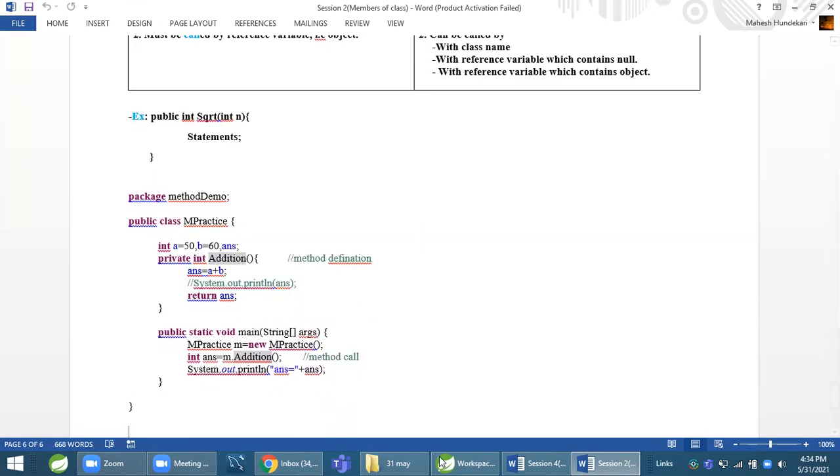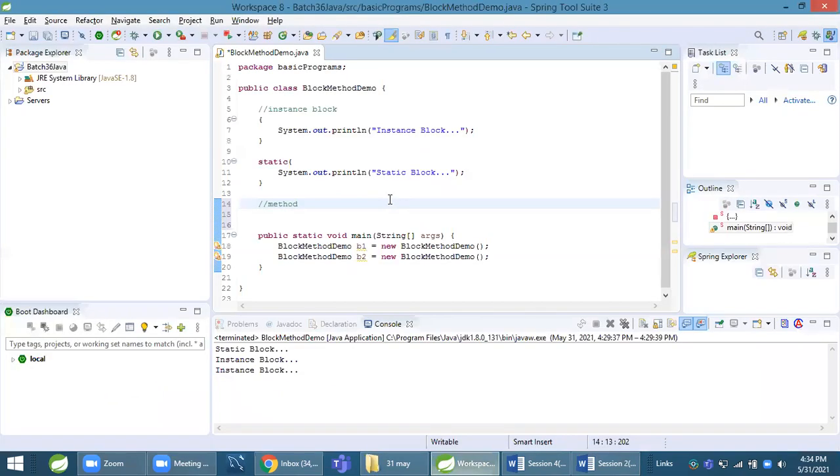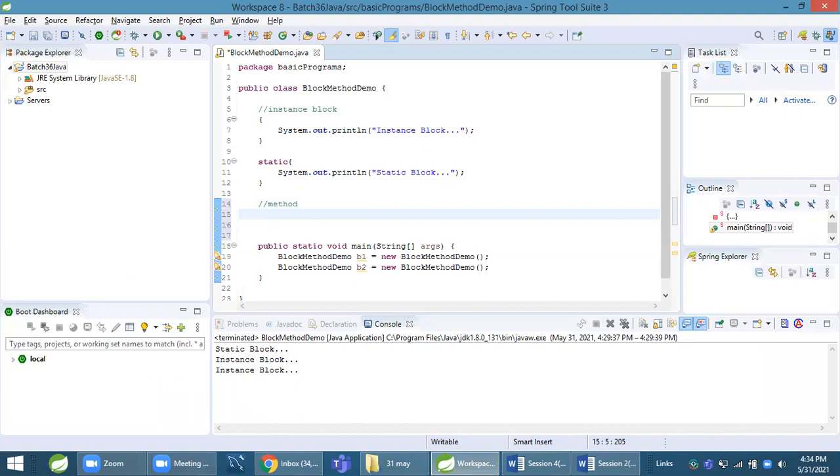Let us see one program to understand this method. I take one method, addition.